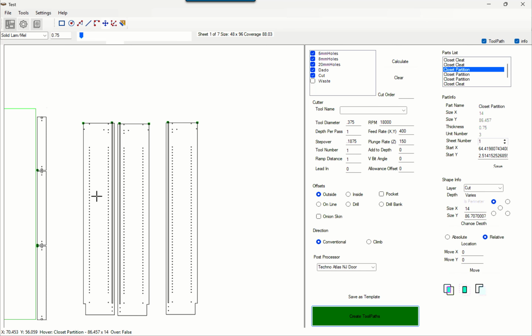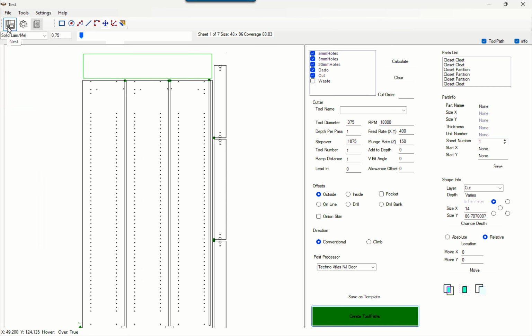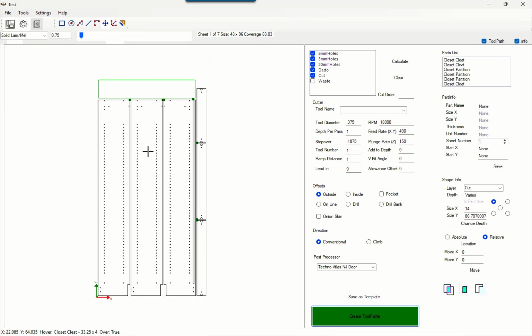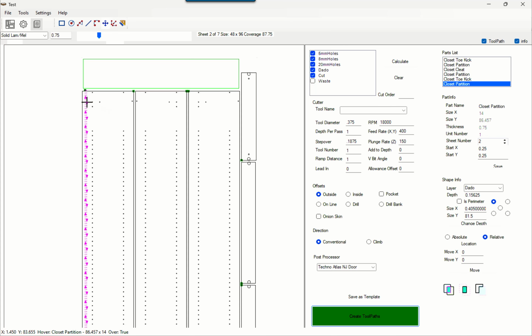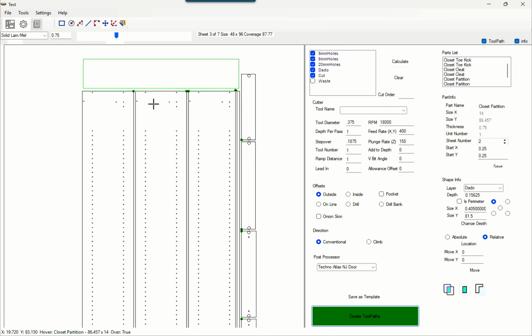We don't necessarily have to move it since we are going to be nesting. And we'll demonstrate that by making a copy of that part. I'm going to leave that directly on top. So when we go ahead and hit the nesting button, we will then get a re-nesting of all of the parts. So we will scroll through, and here is one of the parts that has the dado,